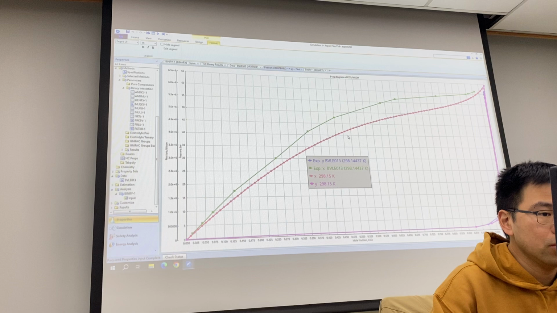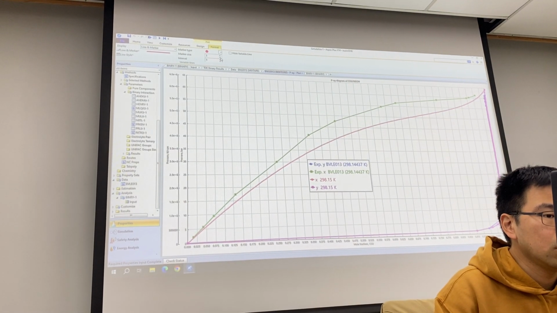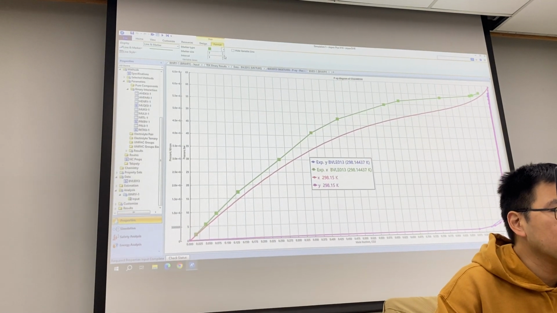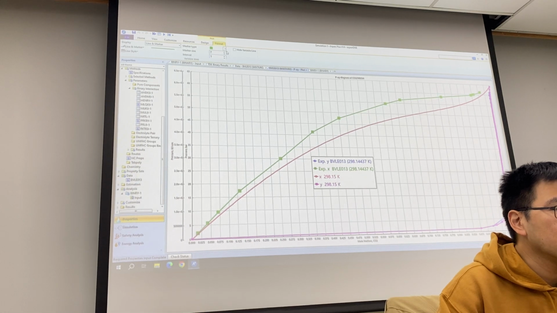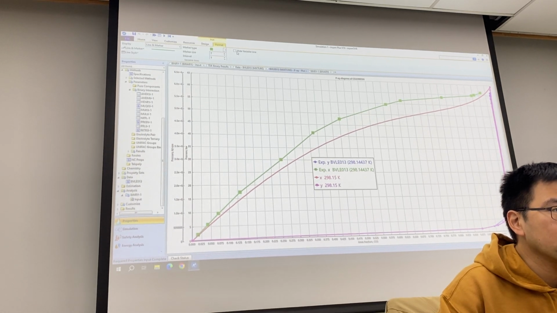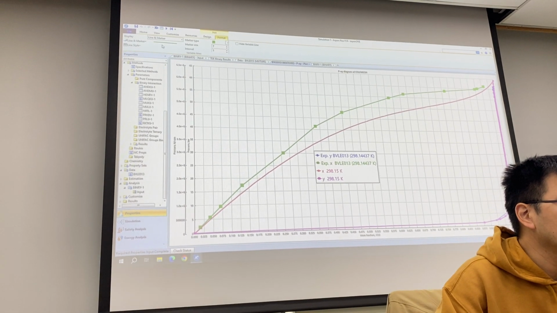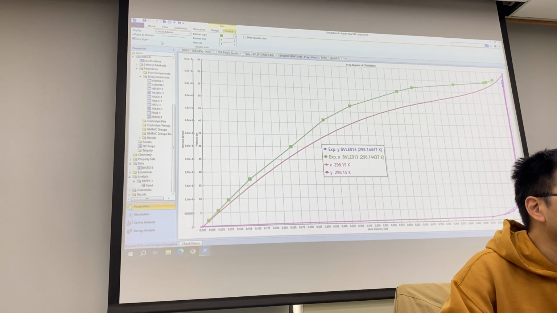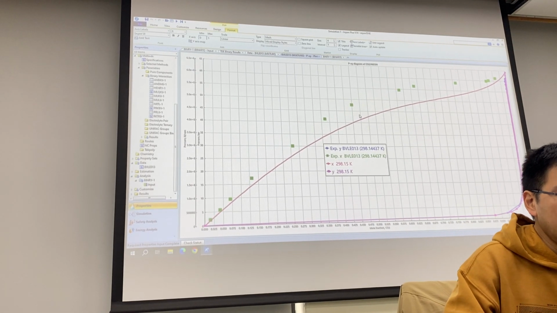Here is the result when you merge the data and interval. I variable line, okay. Here, line marker. Okay, so